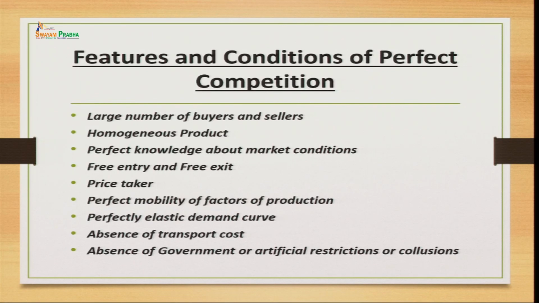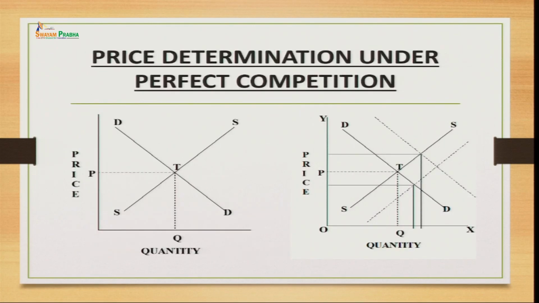So, this is the basic understanding we have for this perfect competitive market. Now, let us move further to understand how prices are being determined. Since the firms under this perfect competitive market are the price taker, like I said, here the prices are being determined based on demand and supply.